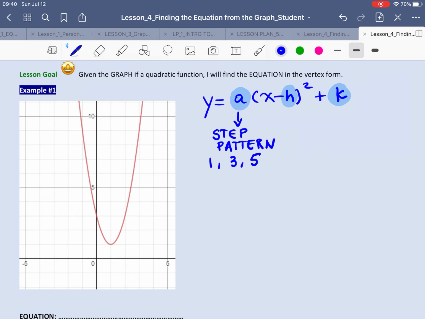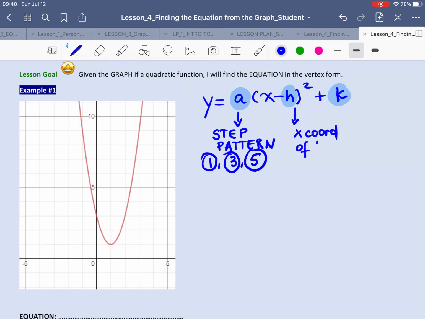You find the step pattern by moving over 1, and this will indicate how far you move vertically. Okay? So, the next coefficient is h, and coefficient h determines the x-coordinate